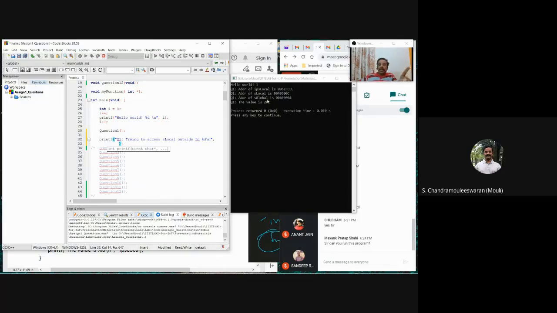I want to access S local, but I have the address of S global only with me. How much should I decrement it by? 8? Okay, 4 minus 4. This is 12. Sorry, I have to add 8. 12, it is C in hex, which is 12. So from the S global address, I have to add 12 to get the address of that. So let us do that. Okay, I am accessing it. Star, the address is what? Ampersand of S global. Where is S global? I can access it.